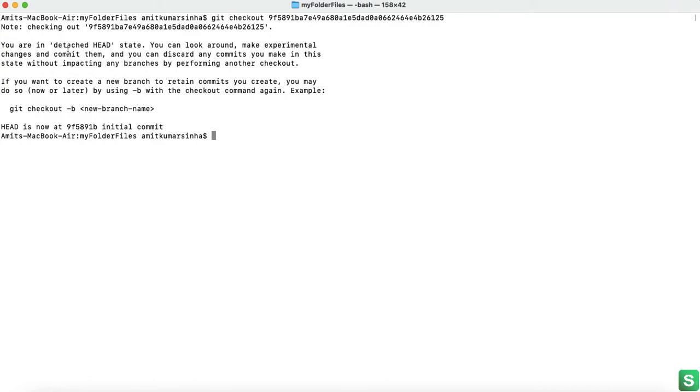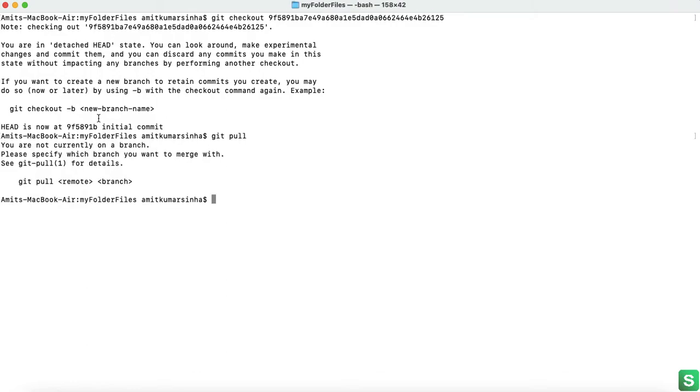Check out it. Okay, so now checked out this. You are in detached head state. You can look around, make experimental changes and commit them. So what's happening here? I am here in this commit. So if I use git pull, all the changes we have done will be gone.